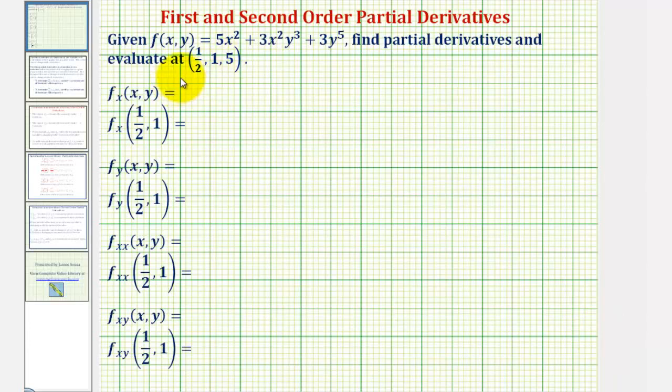We're given the function f of x comma y and asked to find the partial derivatives and evaluate at the given point. Notice how we have two first-order partial derivatives and two second-order partial derivatives. Let's begin by reviewing what the first-order partial derivatives tell us about our surface, as well as how to find